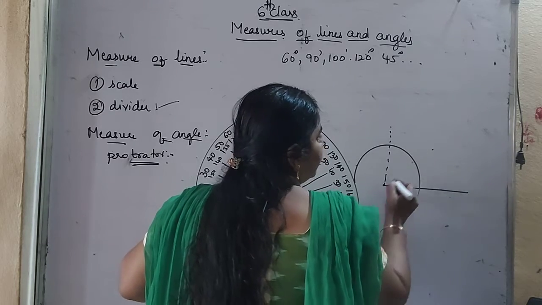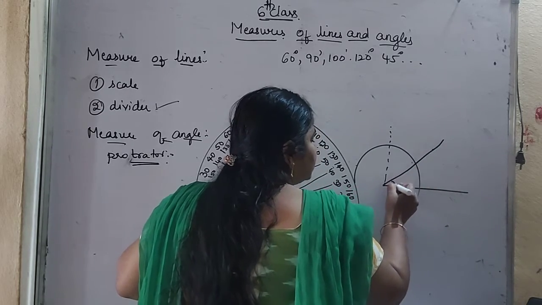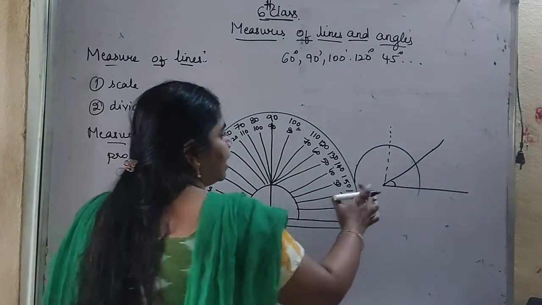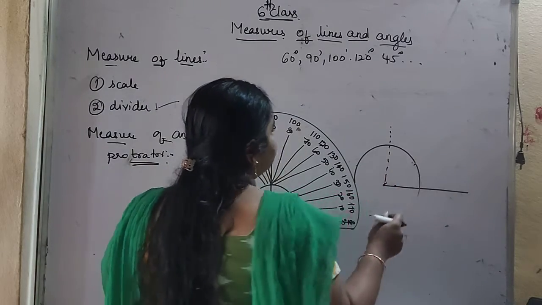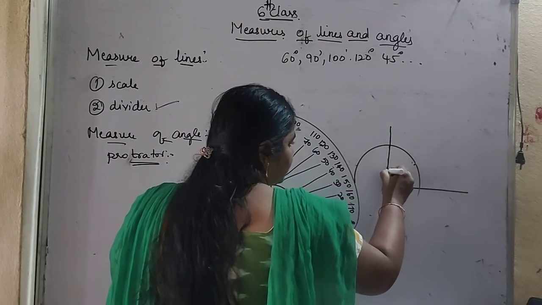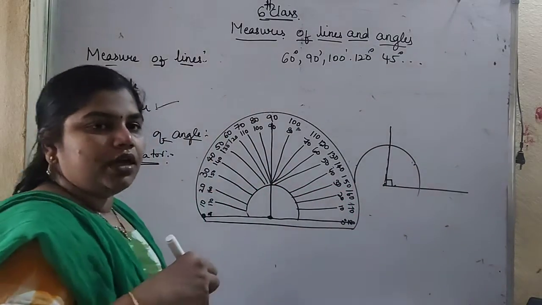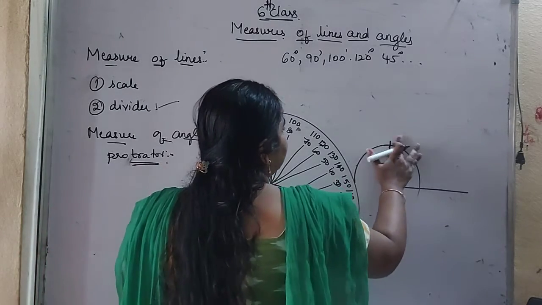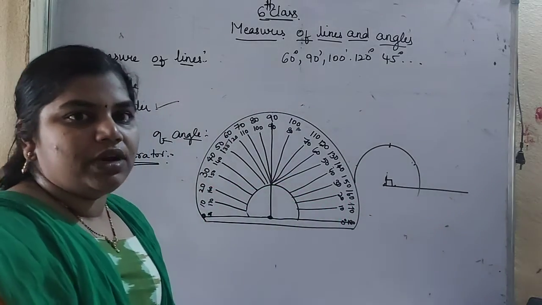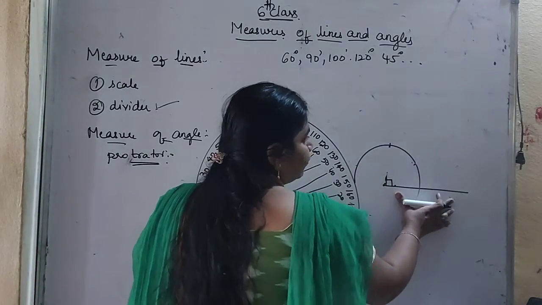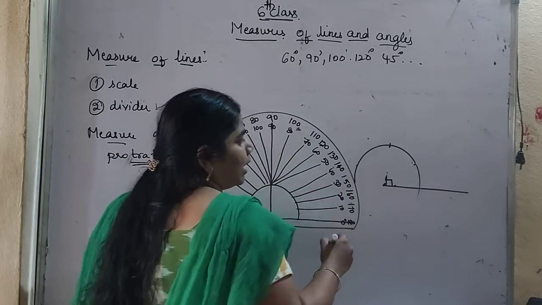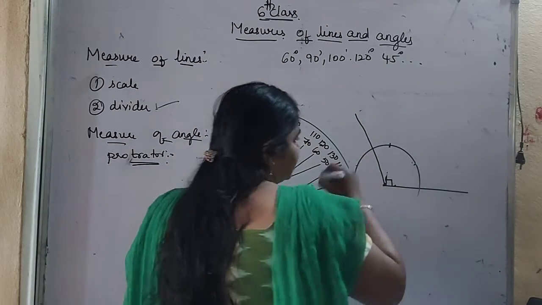Somewhere it will lie here, and we will draw a line like this. So 60 degrees is nothing but an acute angle. In the same way, 90 degrees is nothing but a right angle. Right angle means always it will be straight like this. Next is 100. 100 is nothing but obtuse. If you are taking the protractor this side, obtuse means the point will lie outside the line. This is the line, and outside the line means this part, here it should lie. So somewhere it will lie here, and we will draw a line like this.